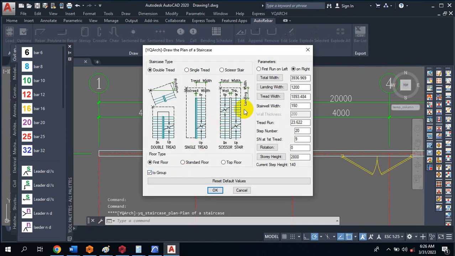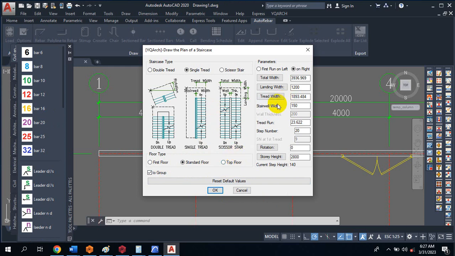Okay, so you can also have a single kind of thread, whether in first floor or in standard floor or in the top floor, so however you want it to look like. So if you are making it to look like it's actually on a first floor or standard floor or the top floor, all you need to do is just to select from your settings,